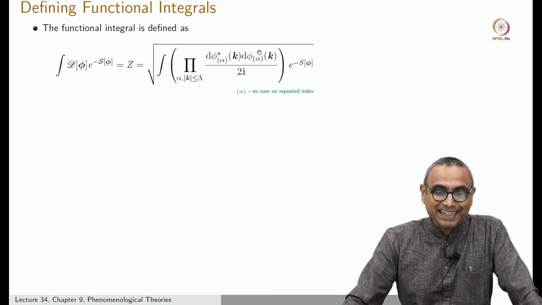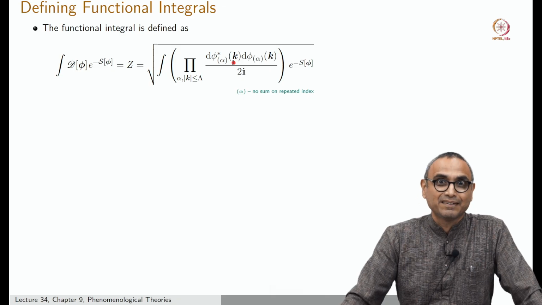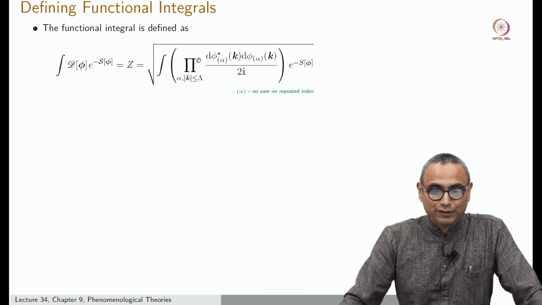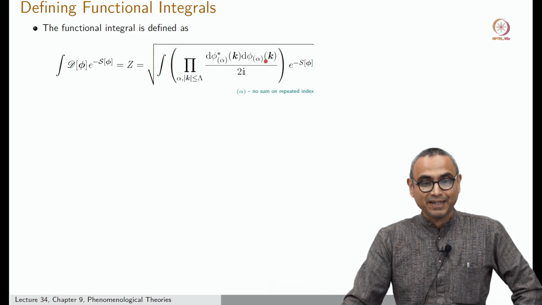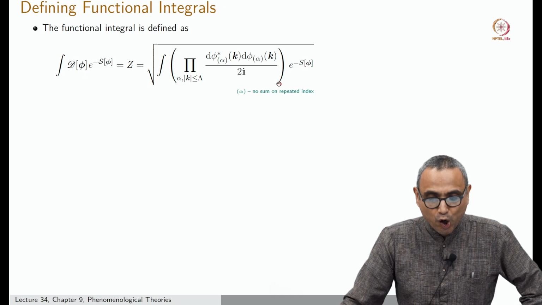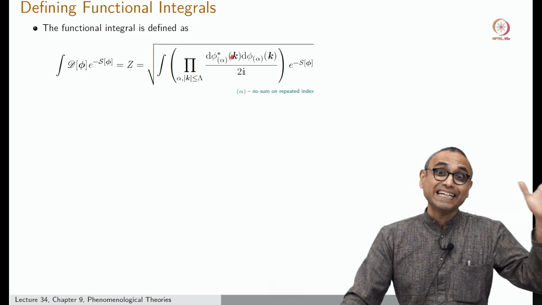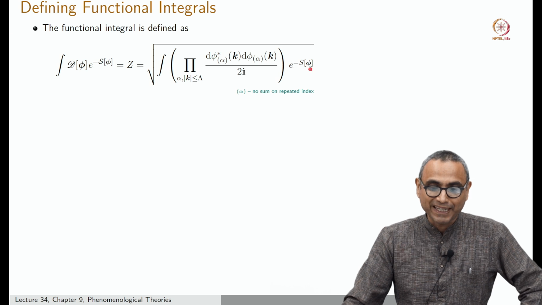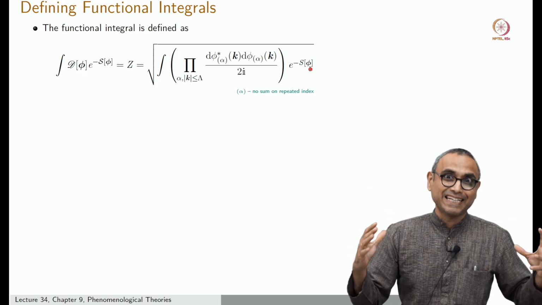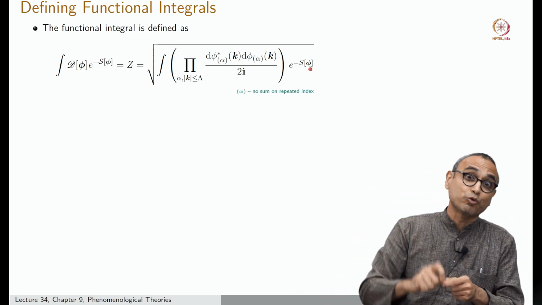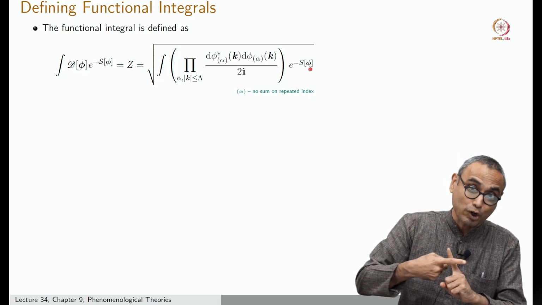I am taking the integral of the alphath component of the kth momentum vector, the phi alpha k. So this is the alphath component of the Fourier transform at momentum k, and I am integrating all of these quantities. So it's a multi-dimensional integral e to the minus s phi. Okay, so I'm doing a big multi-dimensional integral over each Fourier component as well as the component of the vector